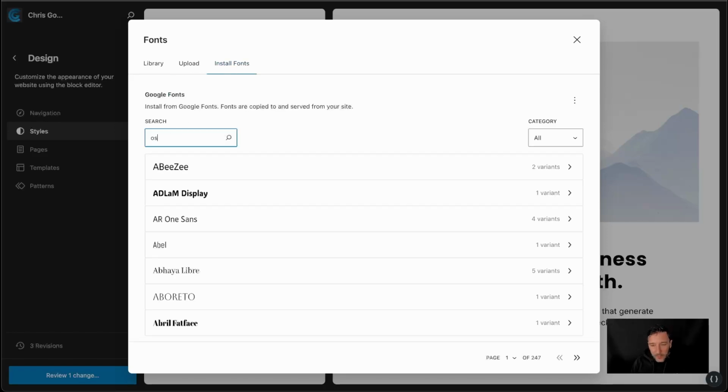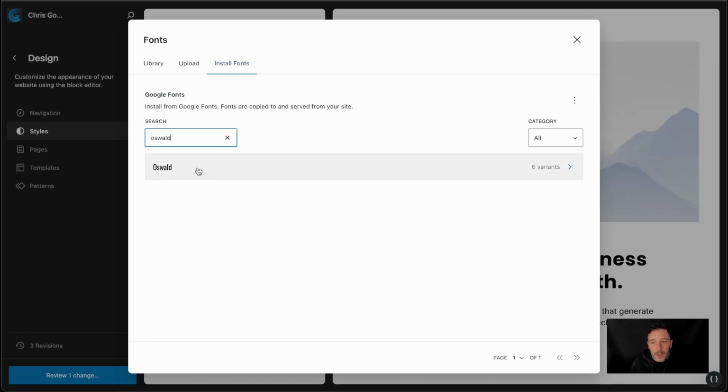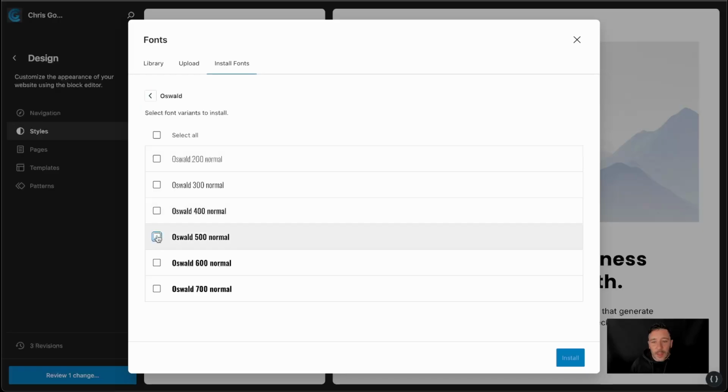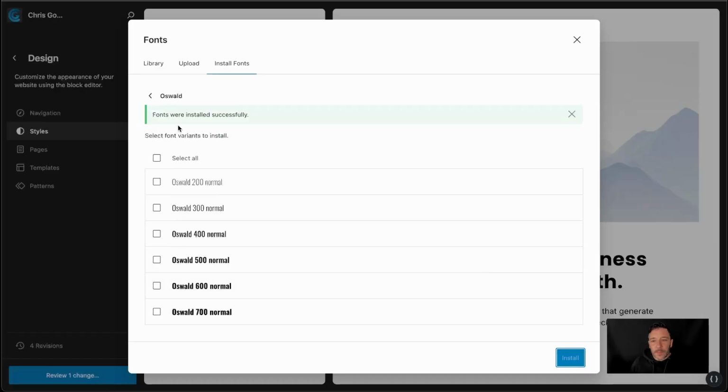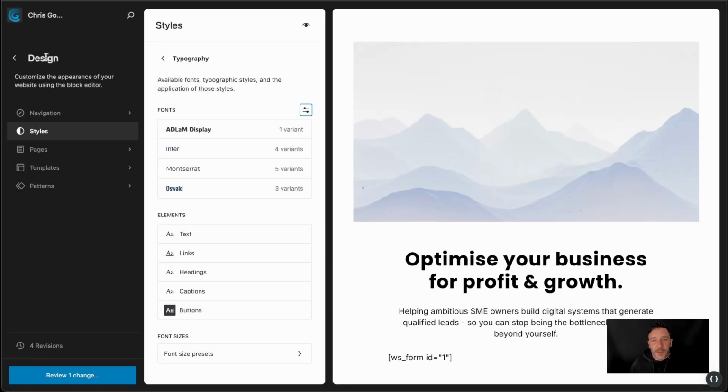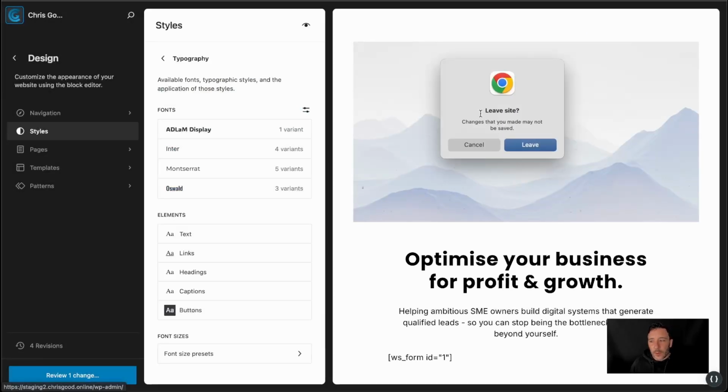But I'm going to look for Oswald, and here it is, 6 variants. Using it for headings, so I'll just install those. So fonts were installed successfully, and they are now in the website files. It's uploads, fonts. I think it might just be uploads fonts, and then you find the files in there. So that's all done. Let's go back